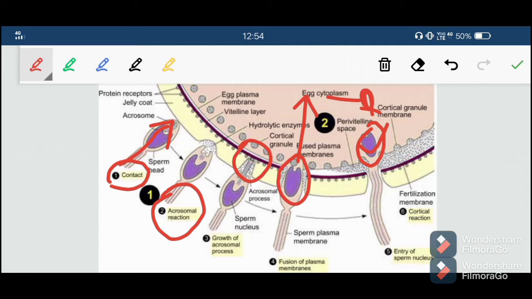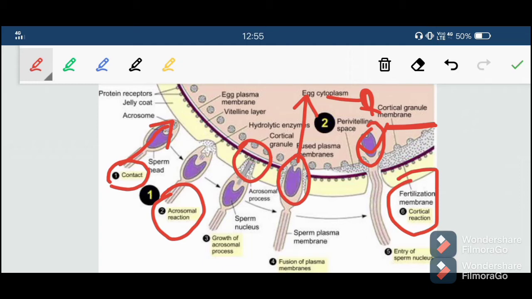After fusion of the first sperm with the secondary oocyte, there occurs a reaction called the cortical reaction. What is the cortical reaction? The cortical granules which are present in the egg cytoplasm are released and they reach the zona. This reaction is called the cortical reaction. The cortical granules, after reaching the zona, change the zona pellucida membrane permeability. That means from now no sperm can penetrate the membranes and release its pronucleus into the cytoplasm. The change in the permeability of the zona pellucida is called the zona reaction.